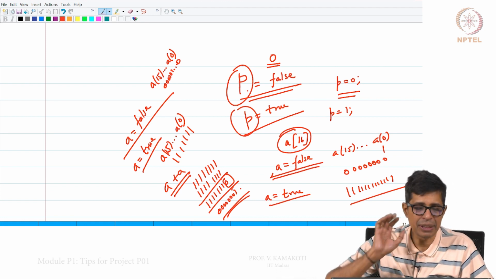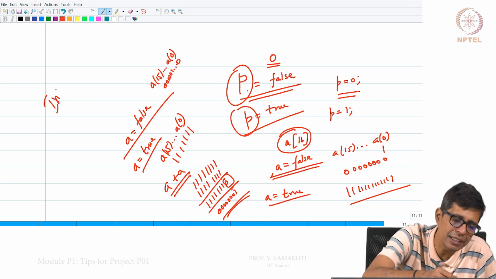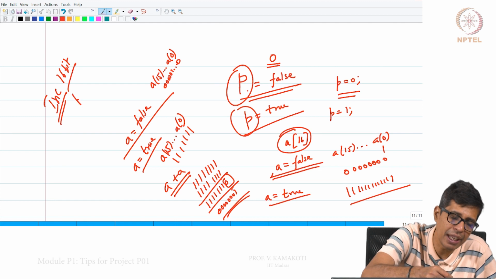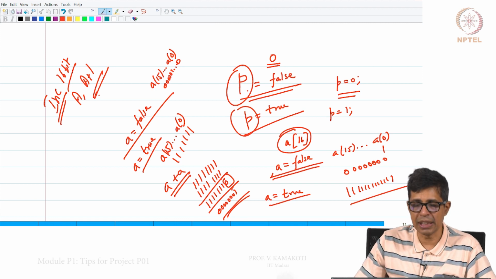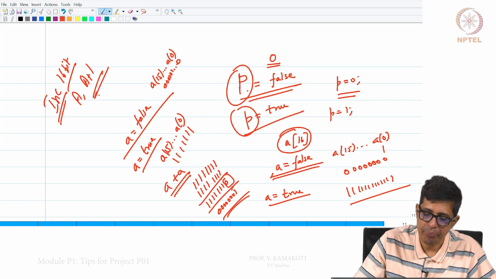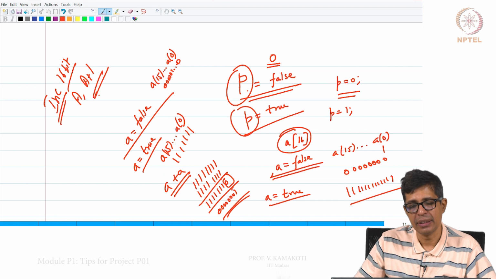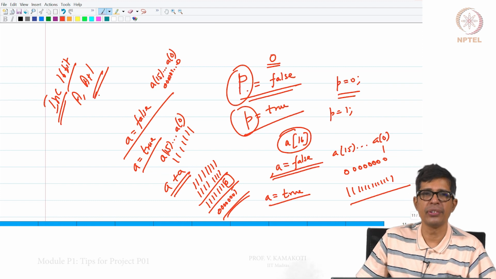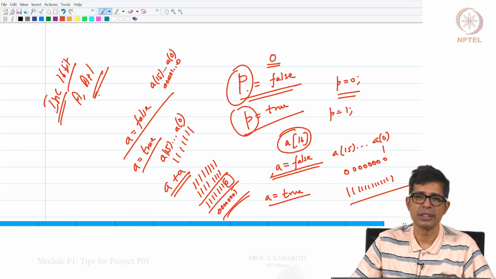So these are all some things which would be very important. For example, we will be asked to do a 16-bit incrementer, where given some A, you are supposed to return A plus 1. Now how do you do this incrementer which will increment it by 1? So things like this can come up in a good way. This is something which is very interesting as far as the project is concerned.